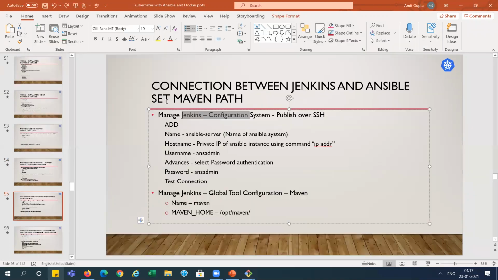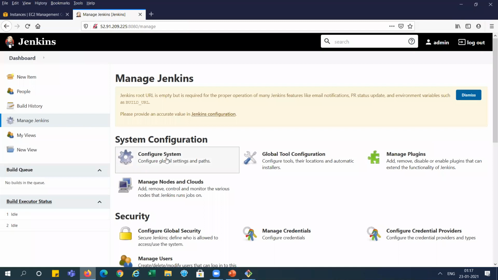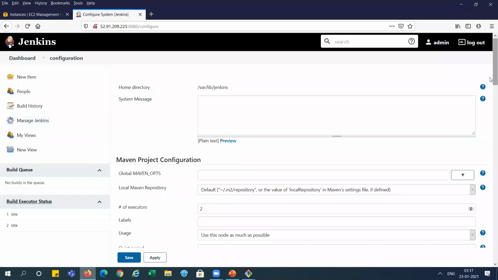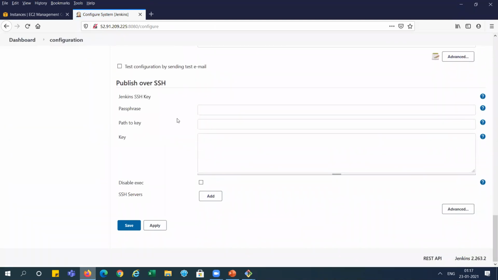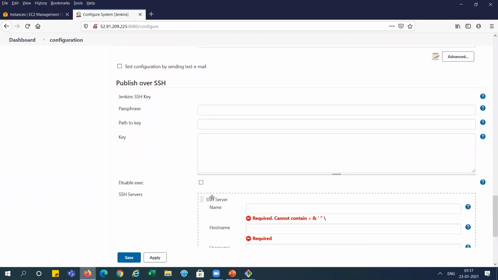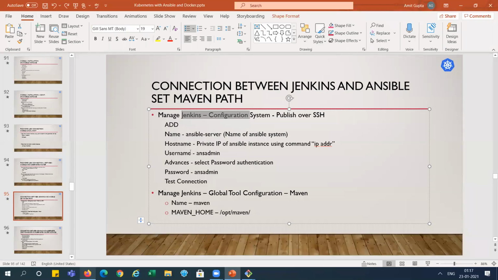So go to Jenkins, right, and Configure System. You can see here Publish over SSH. I'm clicking Add here, and we need to give the name.